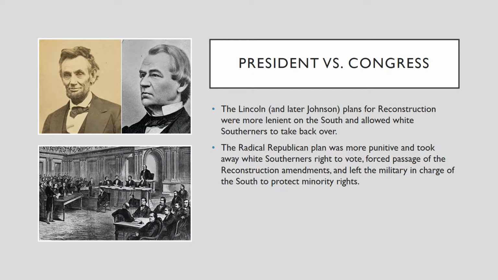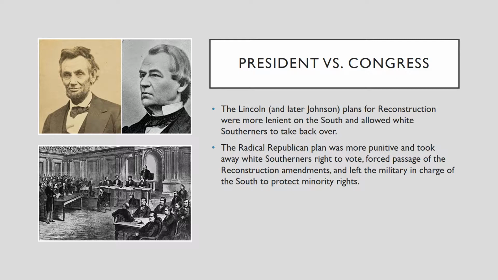Not that they wanted Lincoln to die, but Lincoln's death is going to give them more power politically, because Andrew Johnson is not going to be nearly as powerful as Lincoln was. And so the radical Republican plan is going to be the plan that actually ends up passing. The radical Republican plan is a much more punitive or harsh plan on white Southerners. It's eventually going to take away many white Southerners' right to vote. Pretty much, if you participated in the Confederacy, your right to vote was taken away. And of course, most white Southerners did participate in the Confederacy, so most white Southerners are not allowed to vote